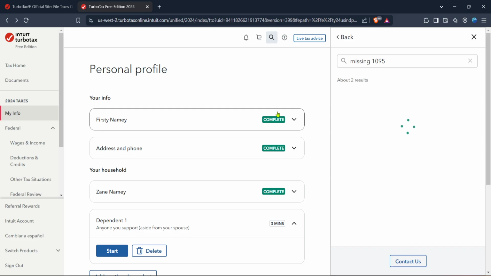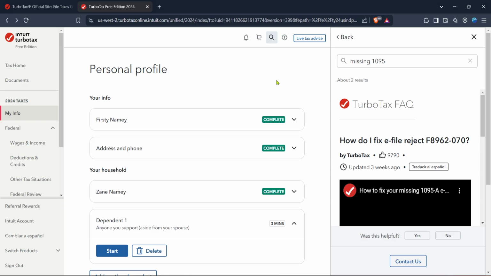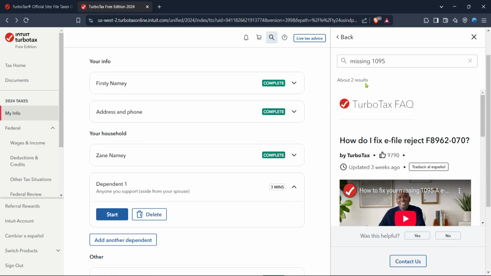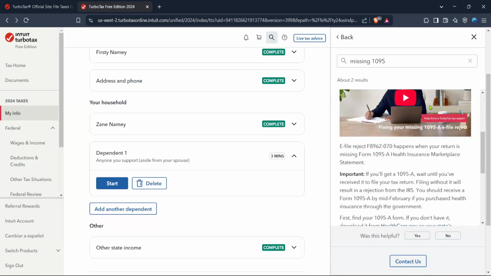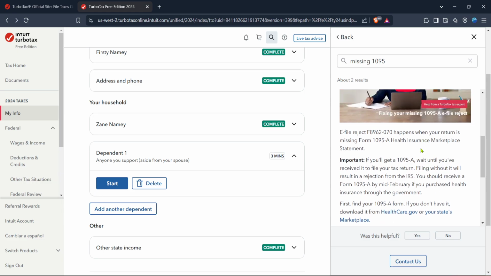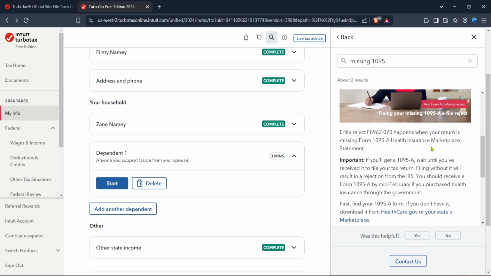With those words entered, hit enter or click on the search icon, and you should see a list of results related to your query. Among these results, look for the option titled, "How do I fix e-file reject F8962072?" It should be prominently displayed, so don't worry if there are a lot of results. TurboTax does a good job of prioritizing the most relevant information for you. Clicking on this option will guide you to a detailed article or guide that TurboTax provides regarding this specific e-file